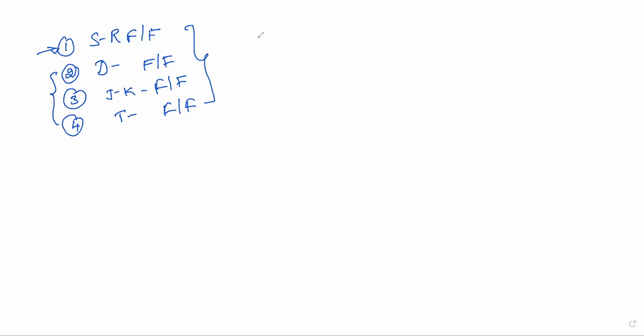We already saw the SR latch. So I'll put SR flip-flop as a heading. In any case, if they ask you to explain the SR flip-flop, if your luck is very good and it's a simple question, the first thing you need to do is draw a block diagram. You call this S and you call this R. Here, instead of enable, you are using the signal called clock. This indicates a clock, right?